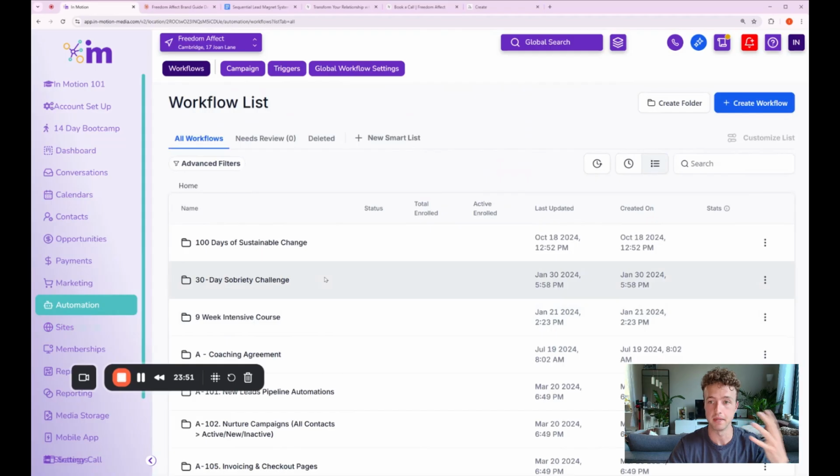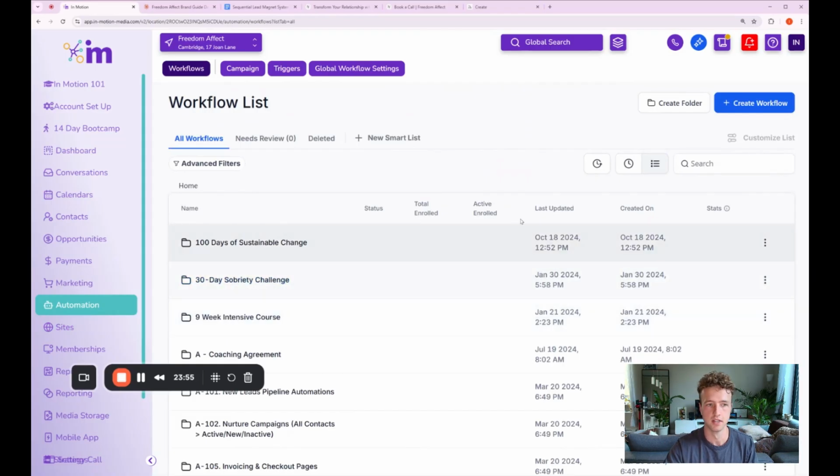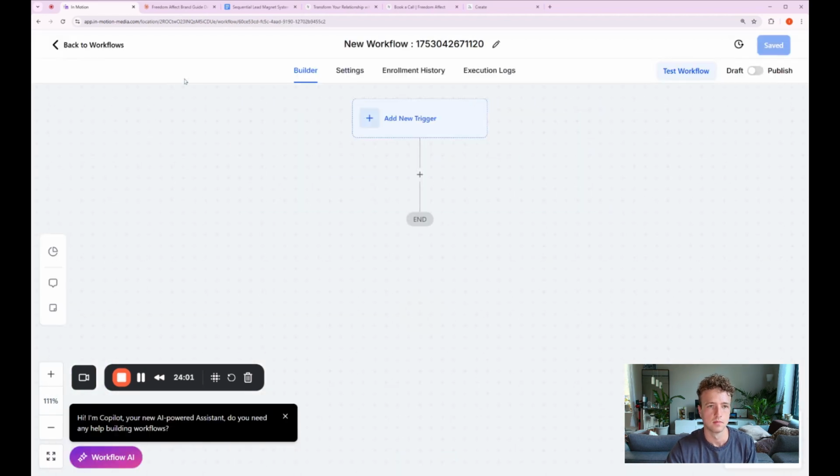Or I'm going to at least begin to build it, because I'm going to let the AI figure out how many emails to send and how to space them out. So what I'm going to do here is go into automation, create workflow, start from scratch. And I'm going to call this just